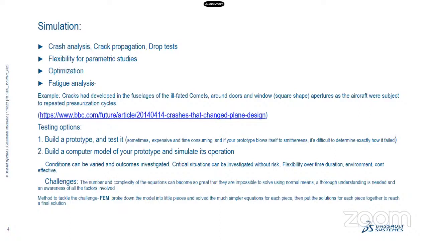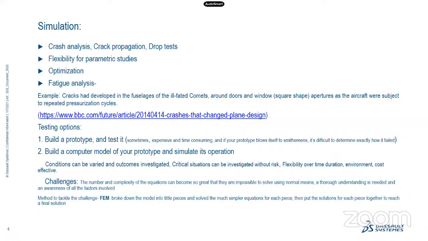Another thing is fatigue analysis. How will you do the fatigue analysis? With simulation, life prediction and those things are easy. Earlier, the fatigue analysis, the durability analysis, was not that important. People were not aware of the impact of durability analysis.